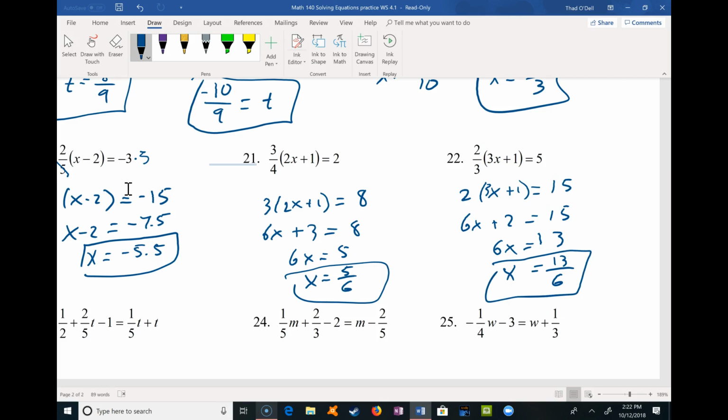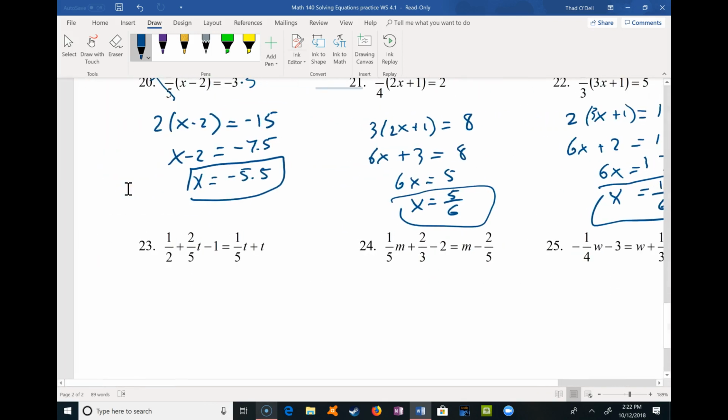That's fun. Okay, now here's one that's just crazy with fractions. So I look for the common denominator. There's 3 fractions there. The common denominator would be 10, because we need a factor of 5, which we already have, and we need a factor of 2. So I'm going to multiply every term by 10. So I'm going to have a little 10 times there, 10 times there, 10 times there, 10 times there, and